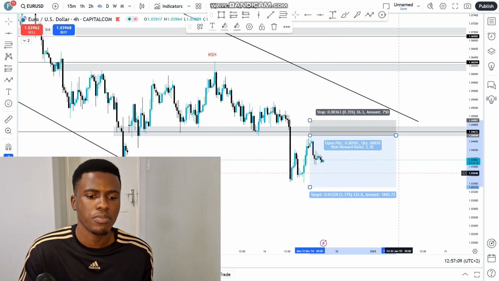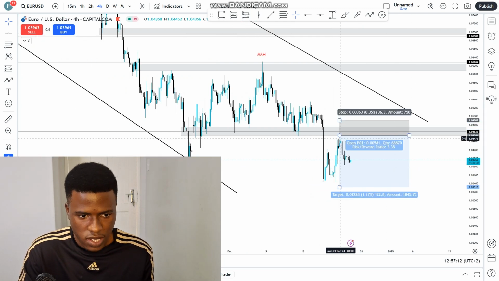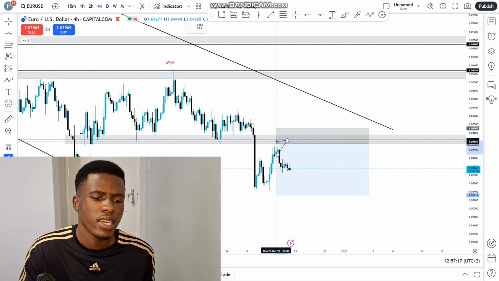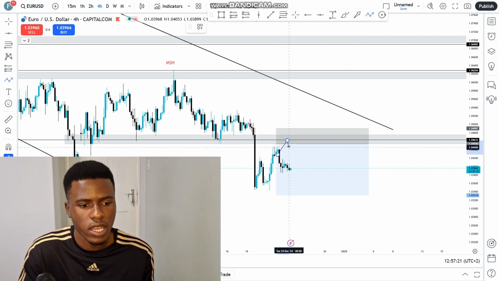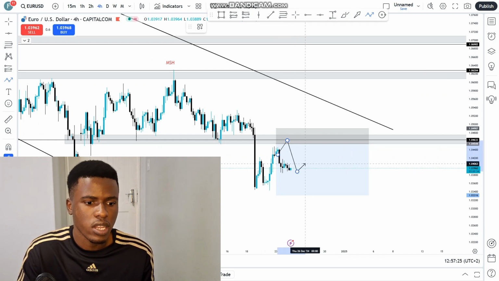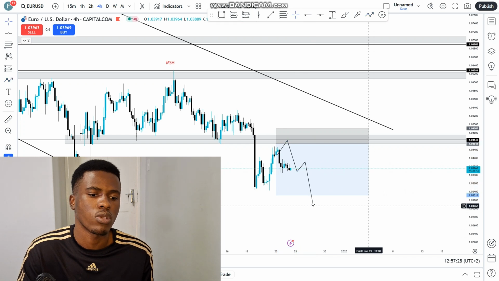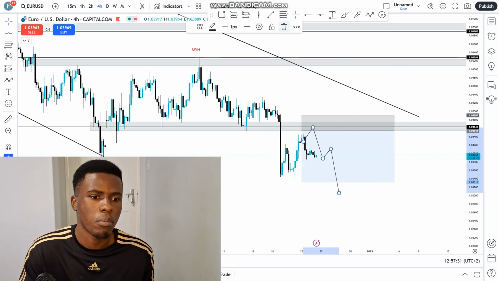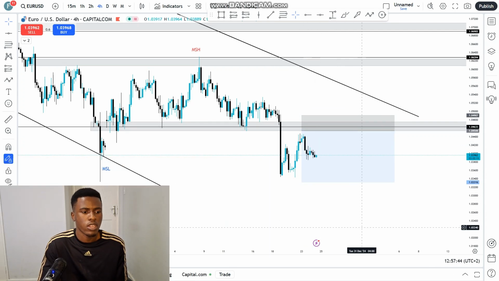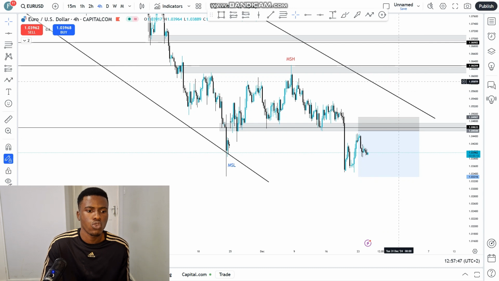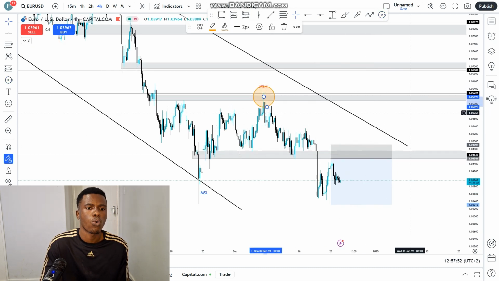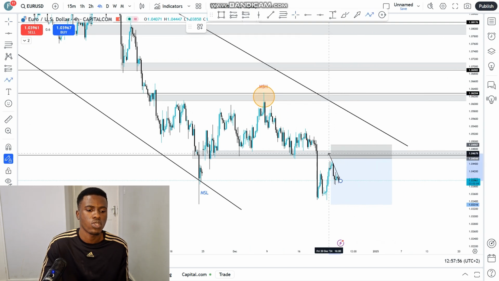I missed this move right here. Well, in fact, I didn't miss it. I didn't take this trade right here because I was expecting price to push a little bit further to the upside and then see some rejection wicks, or any form of candle that's going to be indicating strength to the downside, and then enter that position to the downside. But we didn't see it, so I'm still expecting price to come back again to this resistance area, and then a continuation to the downside, as long as we do not break this swing high right here, right? So I will be looking to short again if we do not see this one holding.